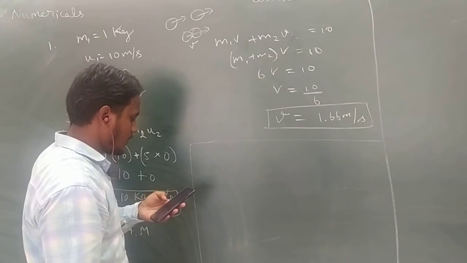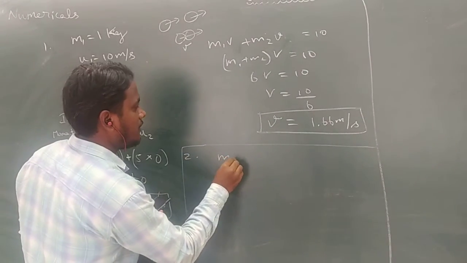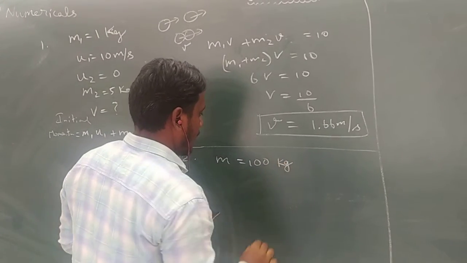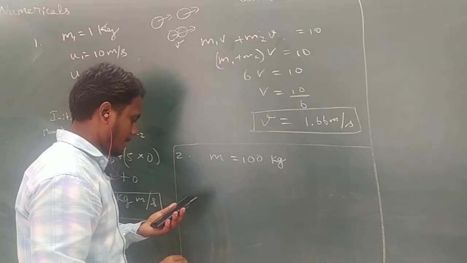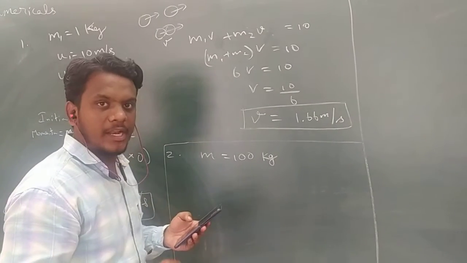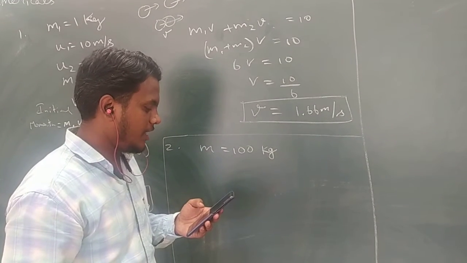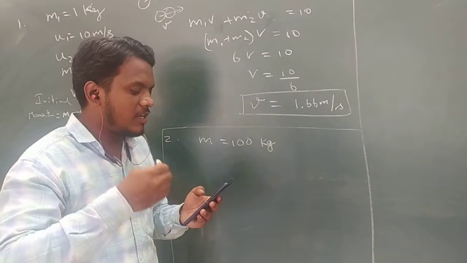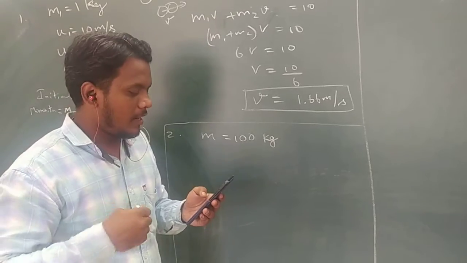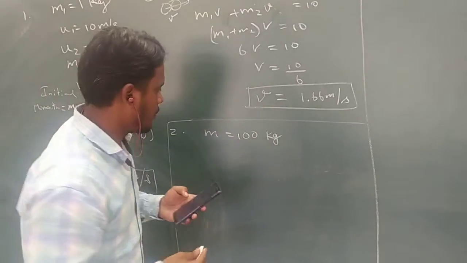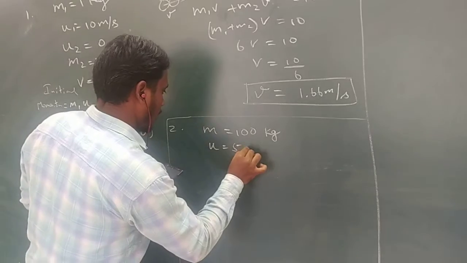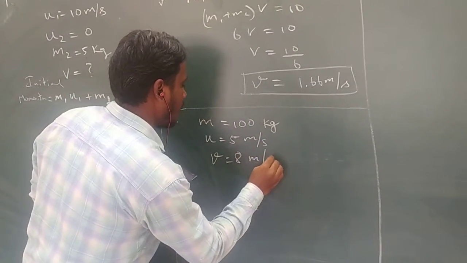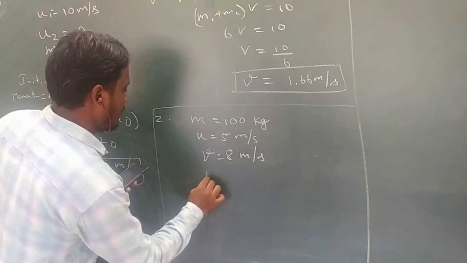An object of mass 100 kg. Mass is given as 100 kg. It is accelerated uniformly with a velocity of 5 meter per second to 8 meter per second. What is the meaning then? Initial velocity starting is 5 and the terminal velocity is 8. So I can write initial u equal to 5 meter per second, final v equal to 8 meter per second, and time period t equal to